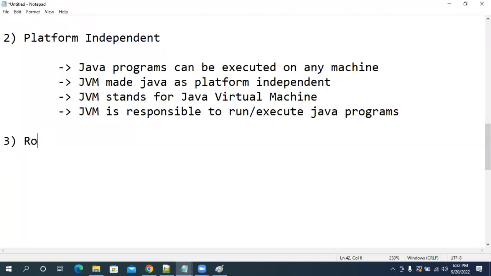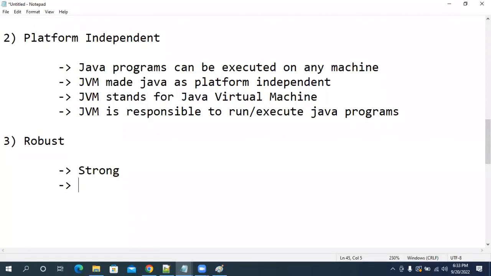What is that? Java is robust. What is the meaning of robust? Robust means strong. Java is a strong programming language. Sir, why are you saying Java is strong?